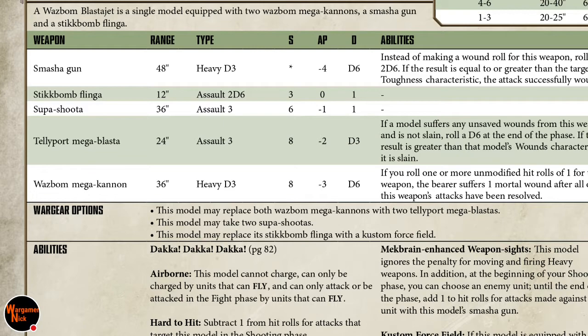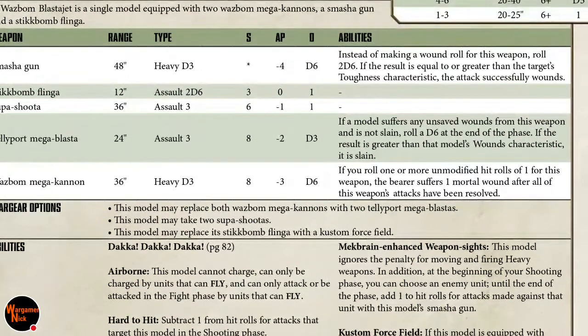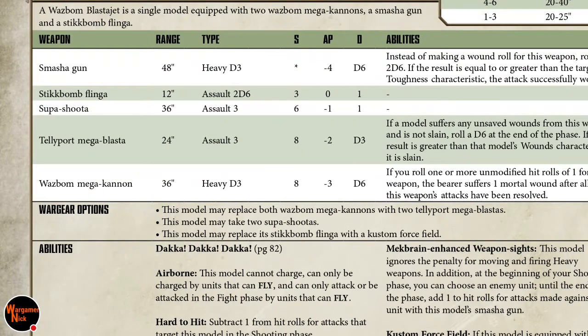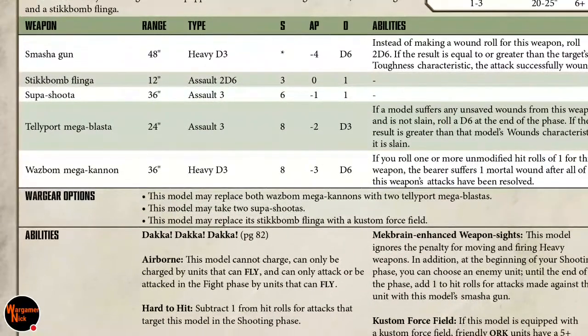But you could get additional hit, Strength 8, D3 damage. It says, if this model suffers any unsaved wounds from this weapon, it is not slain. It is not slain, sorry. Roll a d6 at the end of the phase. If the result is greater than the wounds characteristic, it is slain, basically. So it says from this weapon. Does that mean then you get 2 rolls? So you'd have to roll them separately, I think, and I don't know if this might have been FAQ'd. So correct me in the comments down below if you wish, but it reads to me as